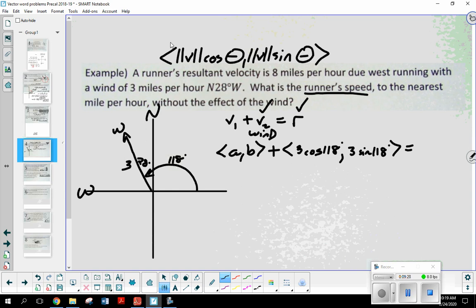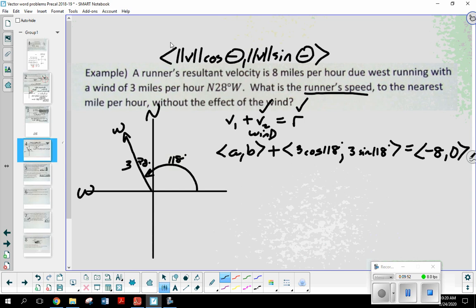Negative 80. Remember, the component form acts just like an ordered pair. So if I want to go left of the origin, it would have to be negative. Would anybody like me to go ahead and apply the formula to show you that you're going to get the same thing? Any takers? We're all good? Okay, if you change your mind, let me know.